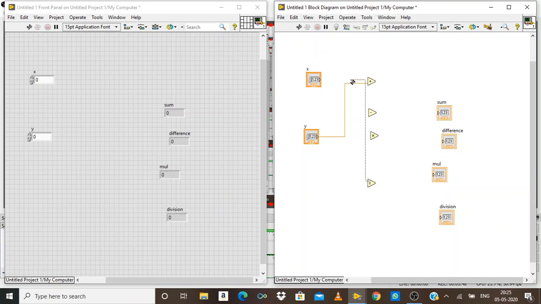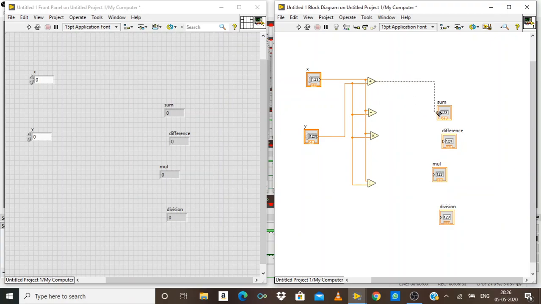For division, we need X divided by Y. These numeric inputs have to be given for all the blocks, and the outputs have to be connected in a proper way.